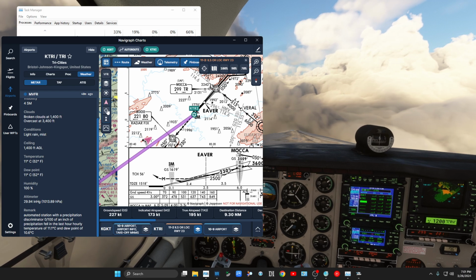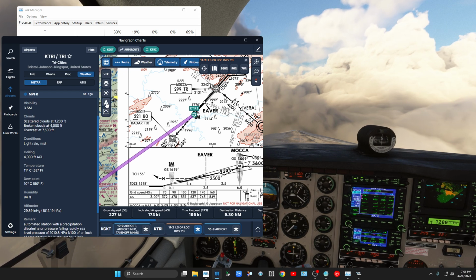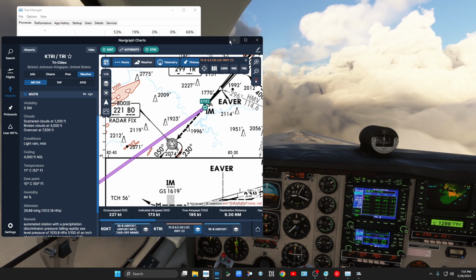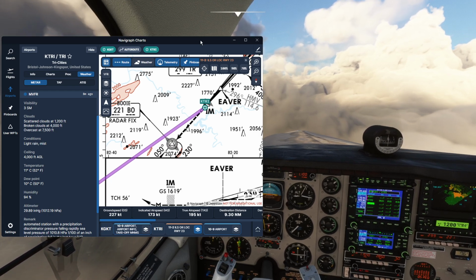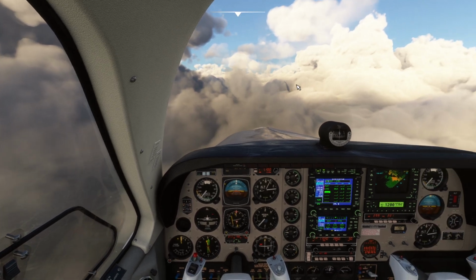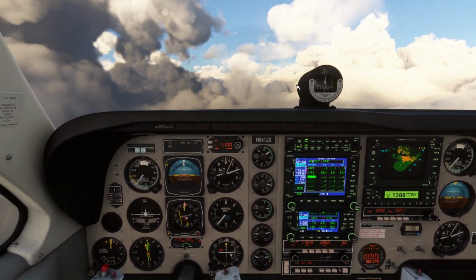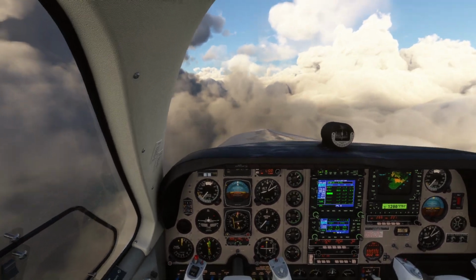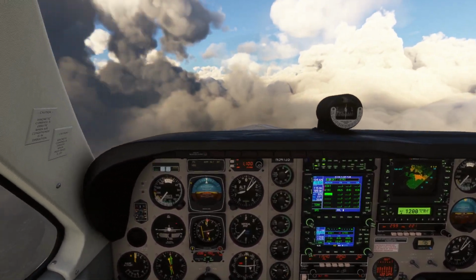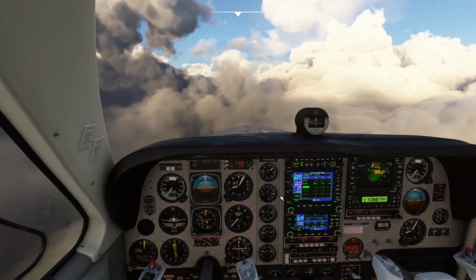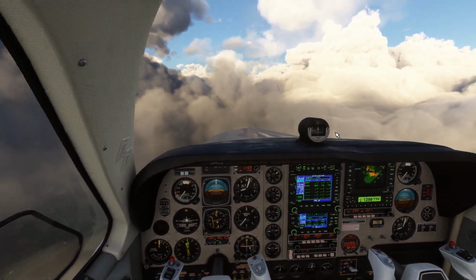Okay. Now I don't feel like we're cheating. The whole idea here is to challenge yourself, or myself, to not use the situational awareness of the GPS nav